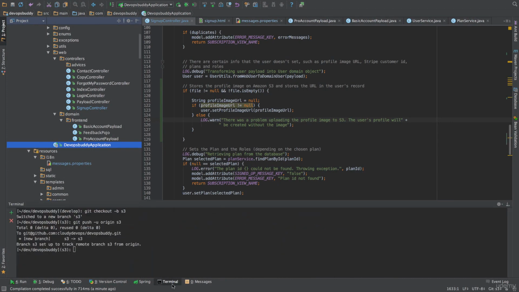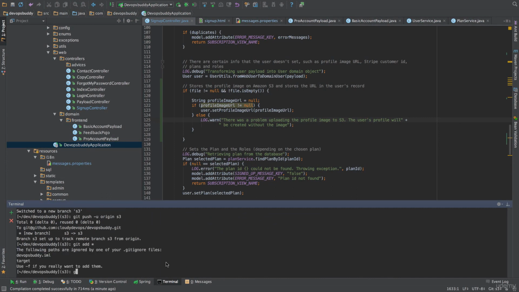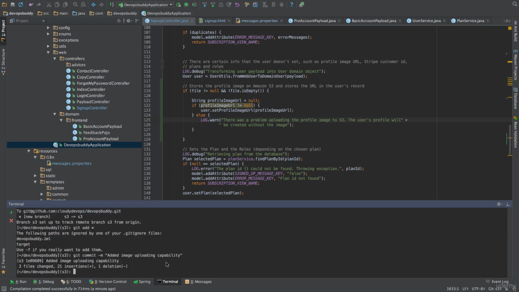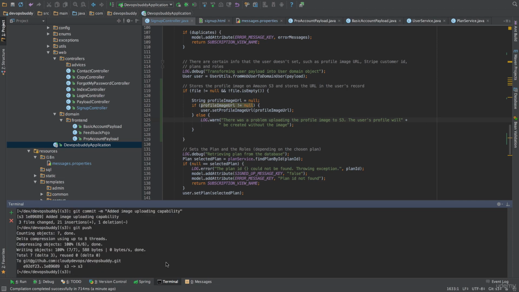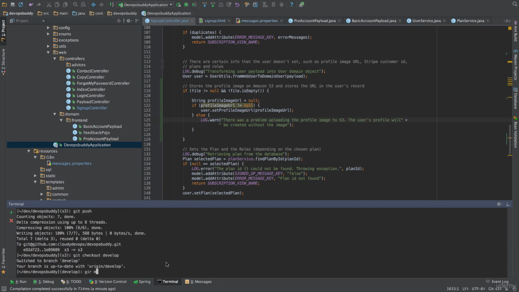We can close the Git flow workflow with the git commands git add *, git commit -m "added image uploading capability", and git push. Then we can merge to develop with the git commands git checkout develop, git merge S3,